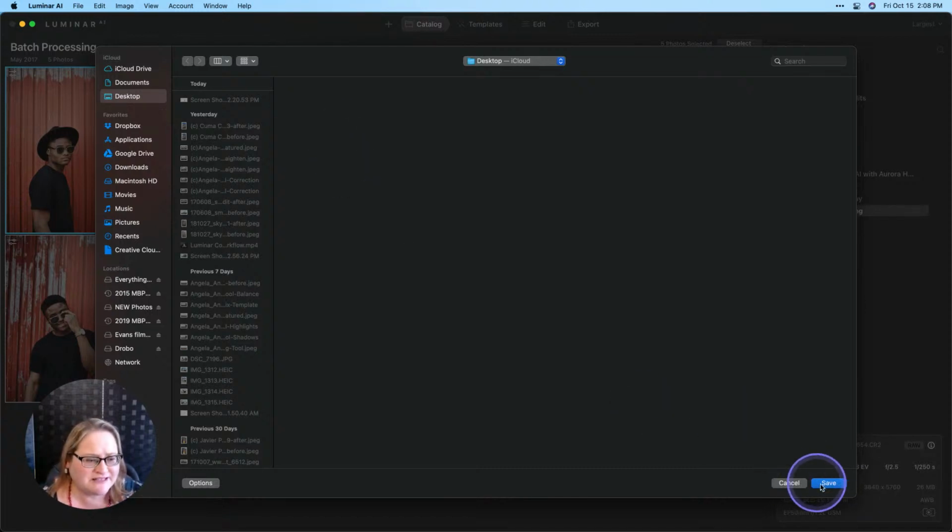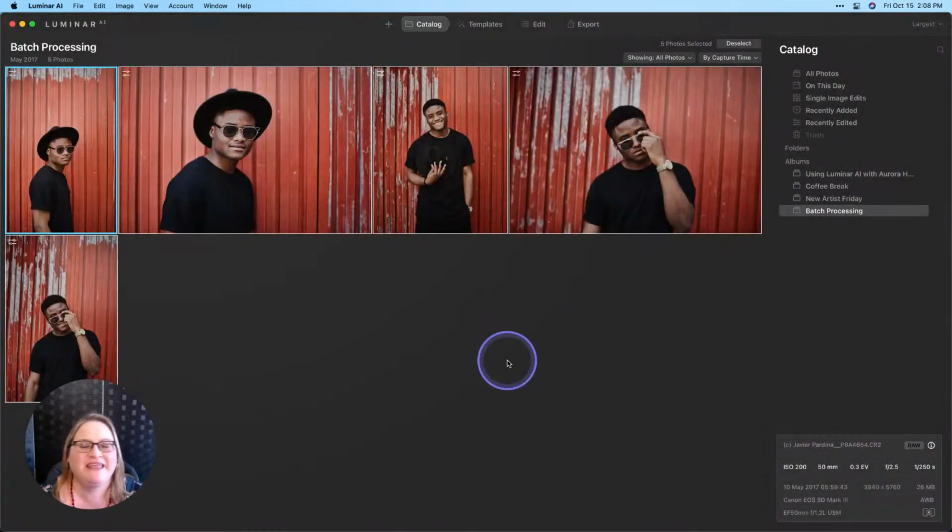So I hope that answers some questions for you, gives you guys a better look into how to batch process in Luminar AI. It's one of the questions we get most often, so I figured that's what I would dive